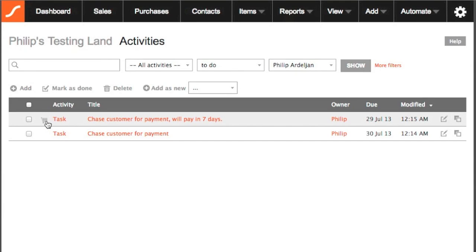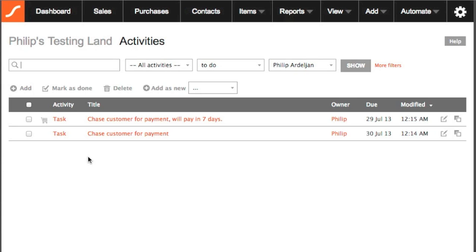So where this has a shopping cart icon, you can also add, for an example, an activity to a contact. And the icon that will be there would be a little person, and you can click on that icon and it'll take you directly to that contact card. So that's just an example of adding activities within Saasu. You can add them to transactions, to contacts, and you can use them for a very large range of purposes